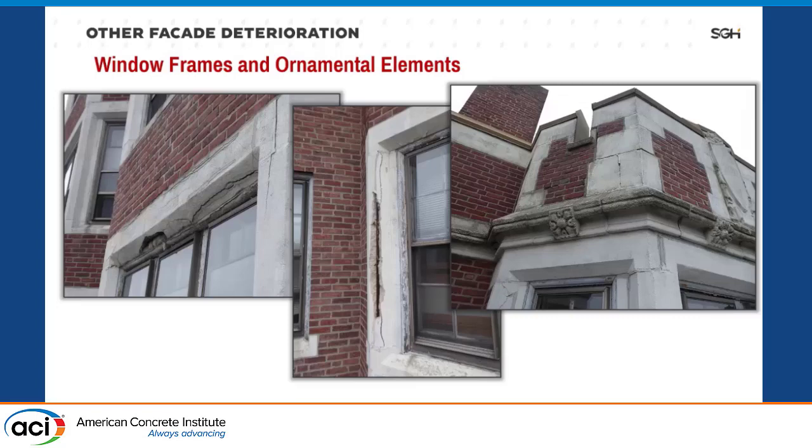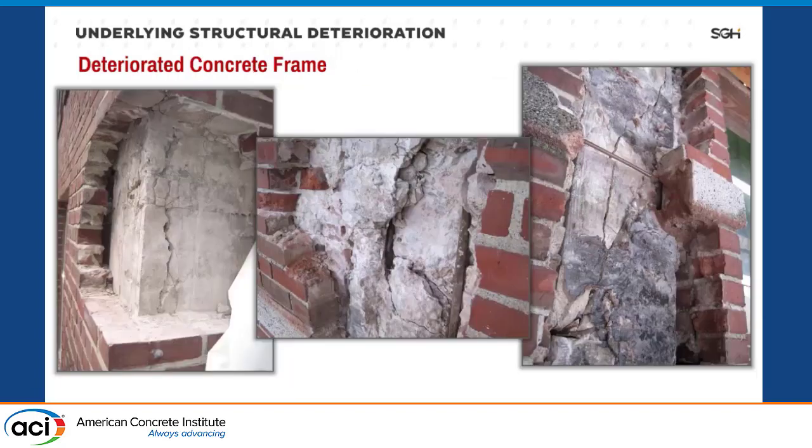You can see deterioration of the cast stone or movement of some of the ornamental elements. So those are not related directly to the deterioration of the frame, but it's due to the exposure of the entire facade. So what happens when you open this and you try to explore, understand why it's causing this? Well,